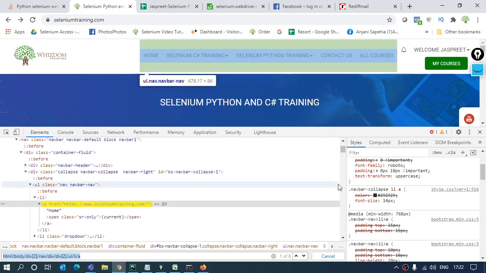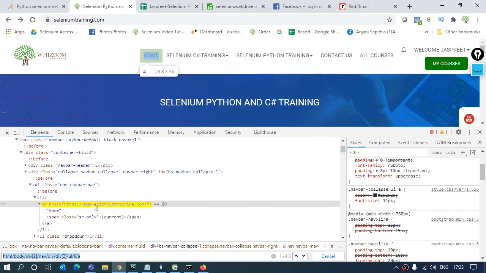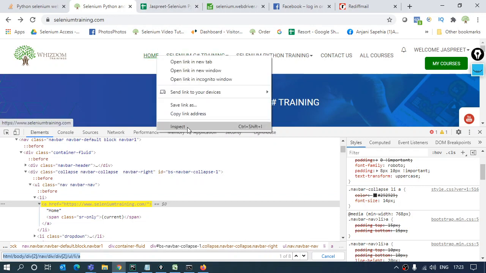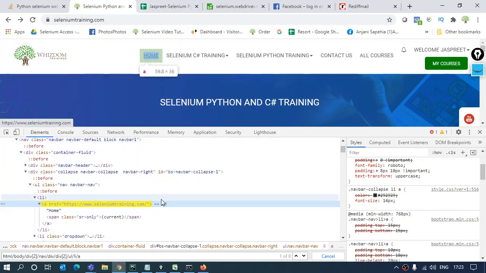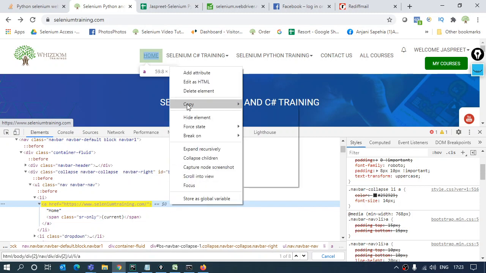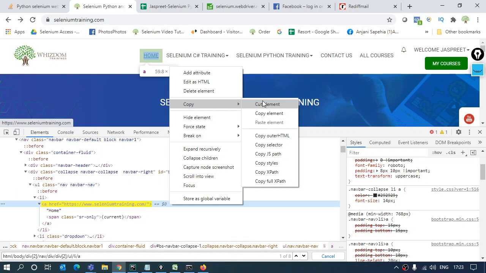But this is the way you can make it. It's not like you have to make it every time. There are tools available to copy the XPath from. Over here I have made the XPath on my own, but if I just inspect the element like this, it will highlight this particular page source. On the highlighted part I can right click, and over here I'll get the option to copy. In this copy I will get different options like copy XPath, copy full XPath, right? So from here also I can get my XPath.